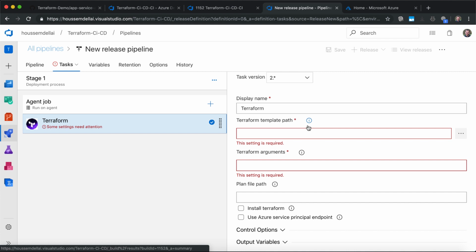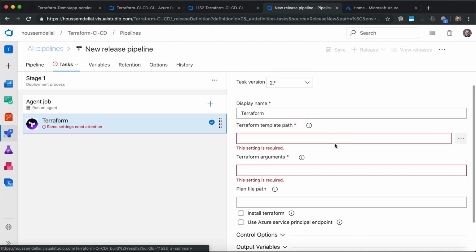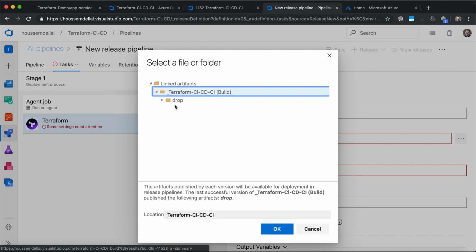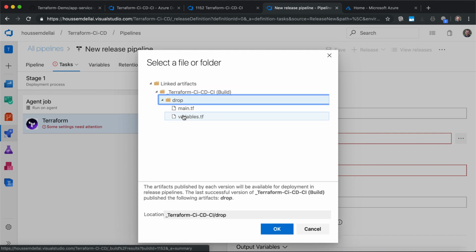So first of all, I need the Terraform template path, from where to get the Terraform files. I select those buttons, and from here I'll be able to access the artifacts folder, where I have my drop folder that contains the 2 Terraform files, the main and the variables.tf. I select the drop,